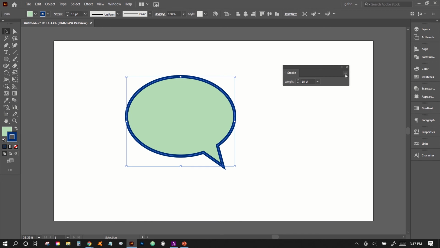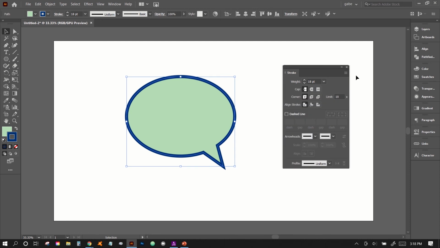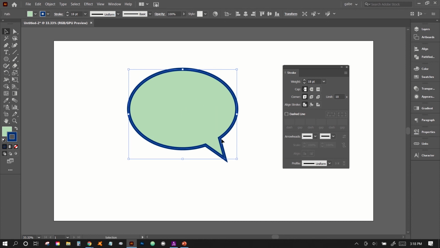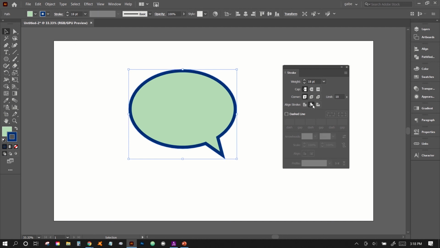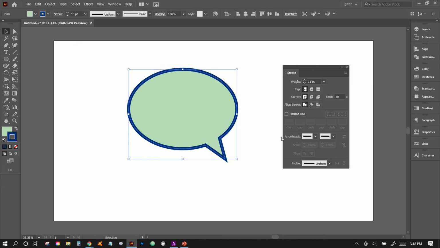If you see the menu in the top right corner of this panel, if you click on it, you'll have Show Options. And then here you have a lot of different options. So here you can see that our speech bubble had very sharp corners. You can actually make those soft right here. You can click on the soft one, and that'll soften your corners, or you can keep them sharp if you like. And then you can align the stroke to either the inside or the outside, but generally I leave it on the